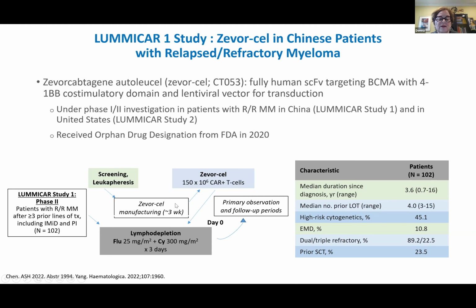It takes 3 weeks instead of 5 weeks in this trial, and so this was 100 patients, and a median of 4 lines of treatment, high risk cytogenetics in just under half, and 90% were refractory to a PI and IMiD,